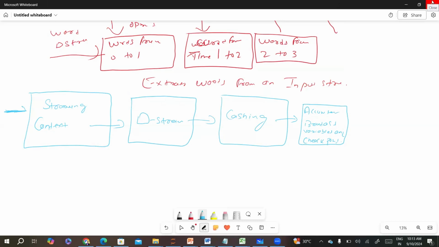Okay. So I was talking about the streaming process, how the processes are happening. So once the streaming context, DStream caching, accumulator, broadcast variable, checkpoints. Okay. So in DStream, there are certain things happening. Okay. So in DStream, what actually is happening over there is, let me show you, as I mentioned to you guys,